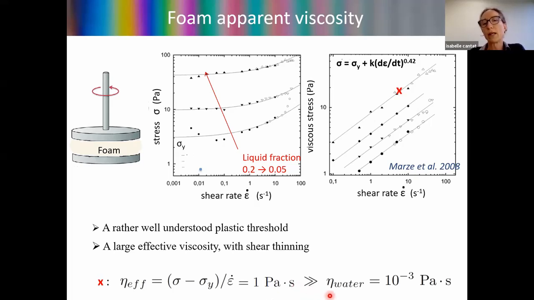And the point is that it is much larger than the foaming solution in the foam. And the remaining part of the foam is gas with an even smaller viscosity. So this enhancement of the viscosity is related to the confinement of the liquid phase in the small films and meniscus in the structure of the foam, but the way the confinement is able to transform the viscosity of the continuous phase into such a large viscosity is not well understood.